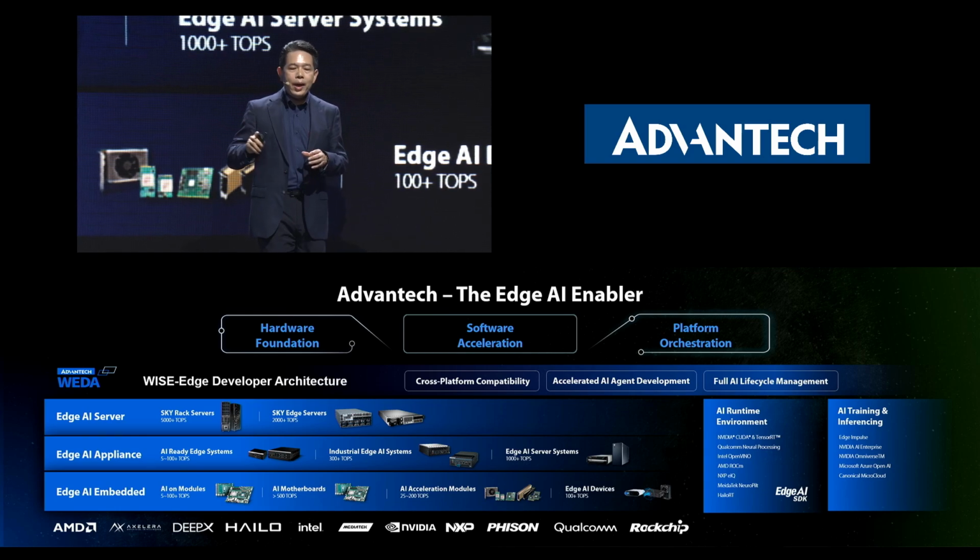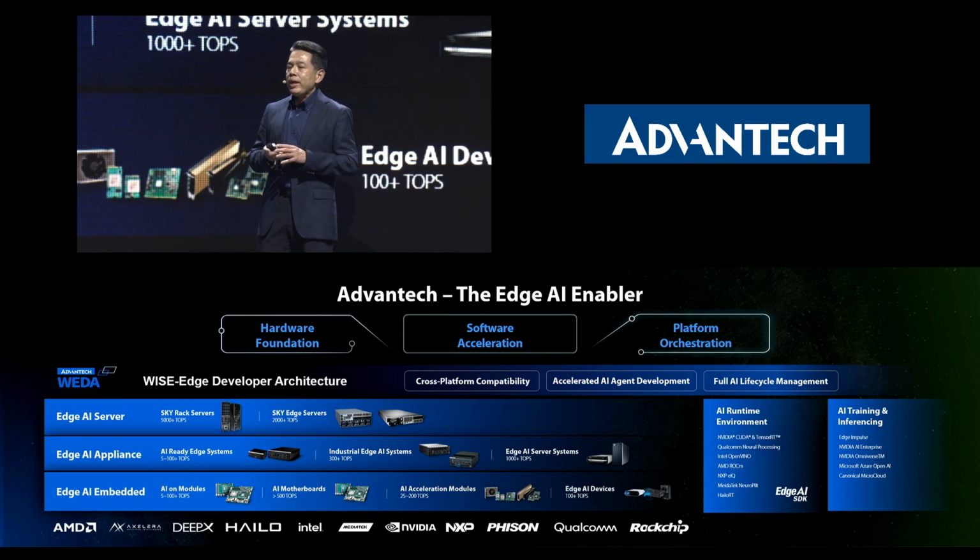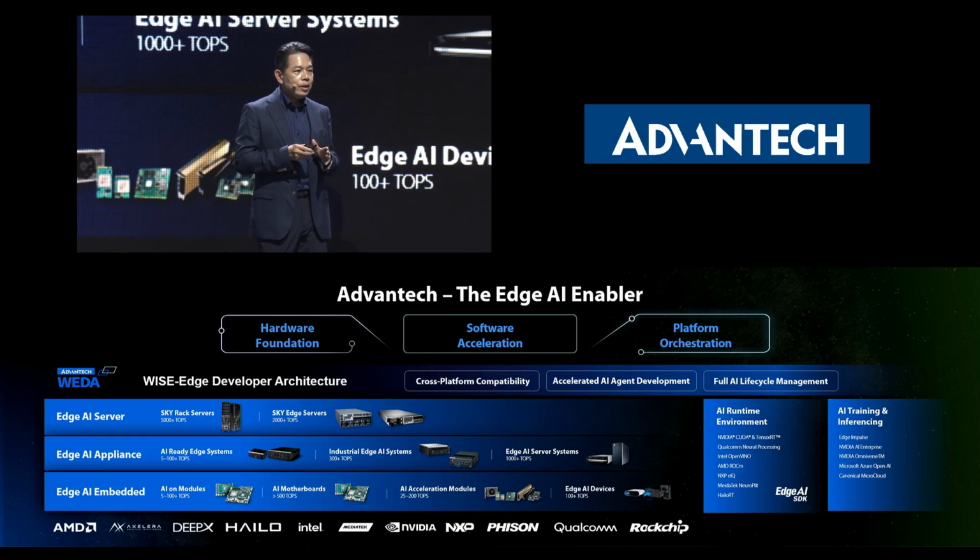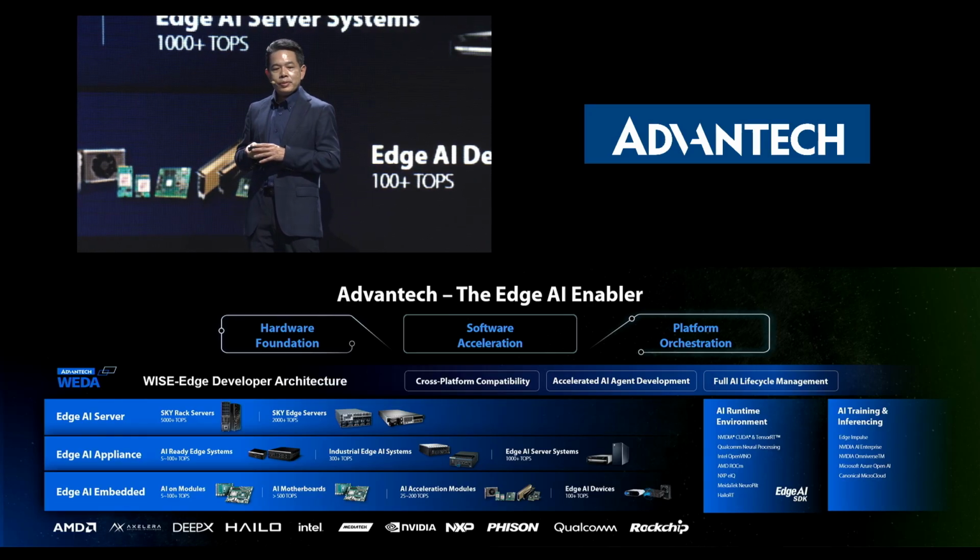First layer, edge AI embedded. This AI acceleration module can plug into any embedded edge system and instantly upgrade the AI computing power.